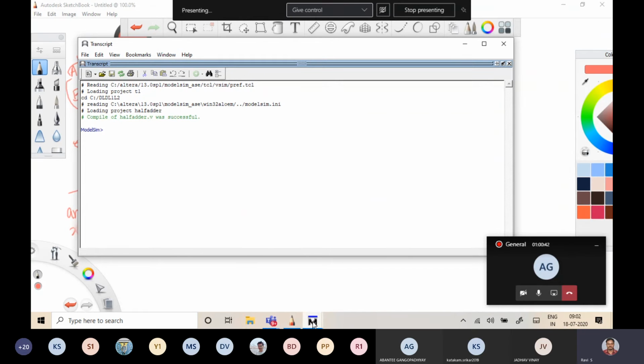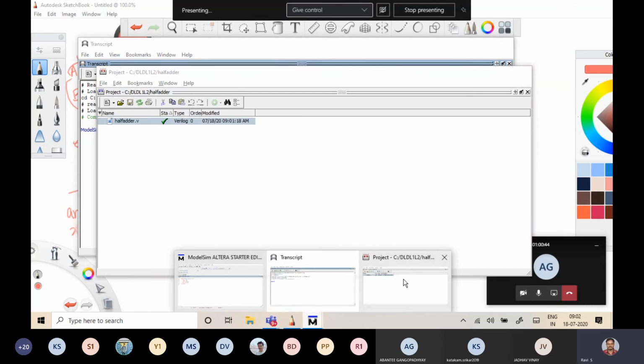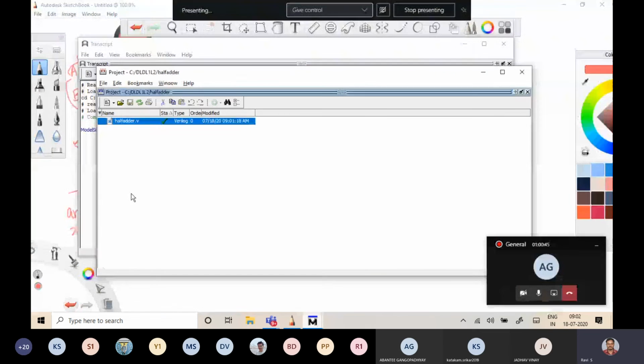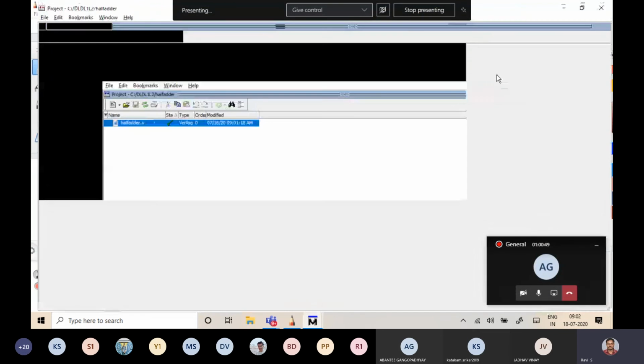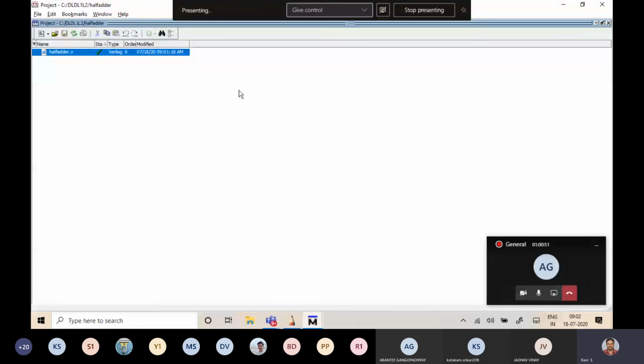Let me introduce some error here. Just see my Verilog. Let me open the halfadder.v. I'm forcibly committing some mistake.